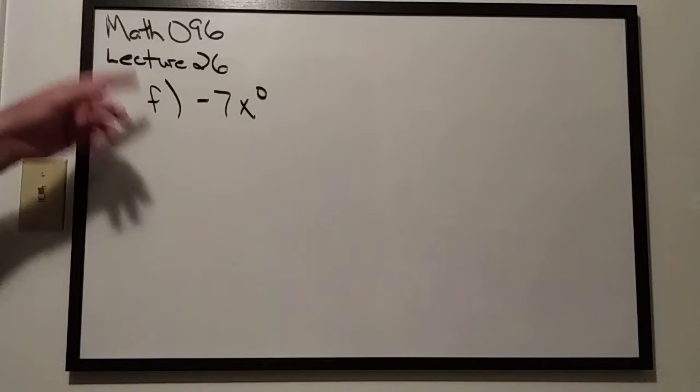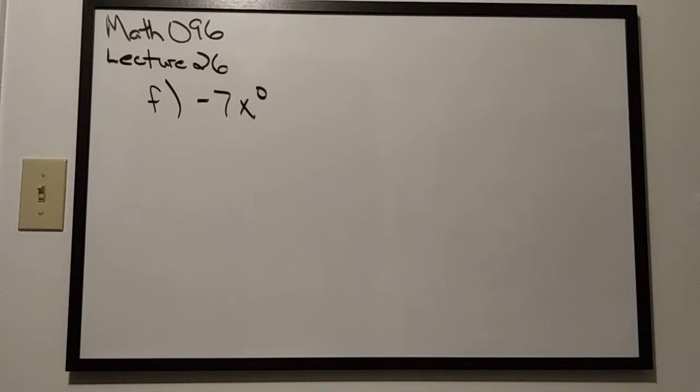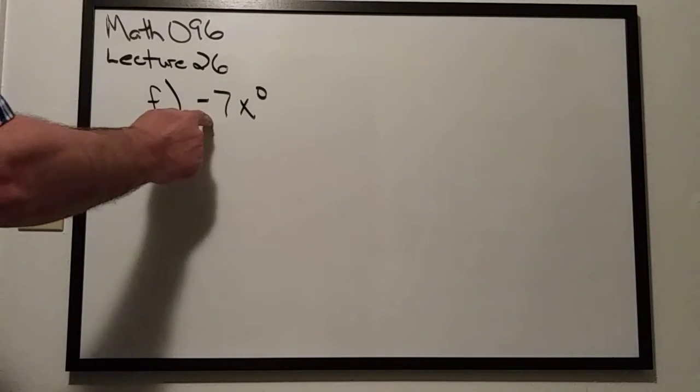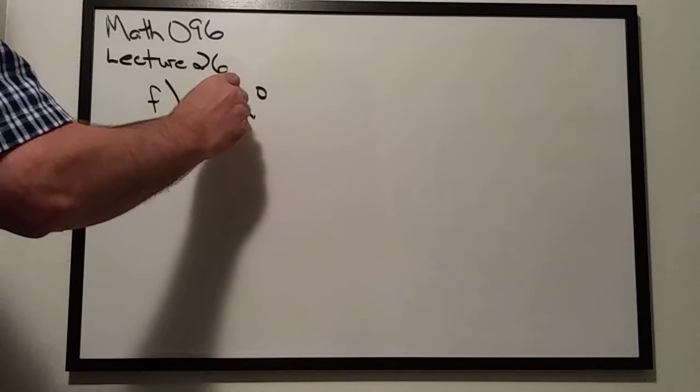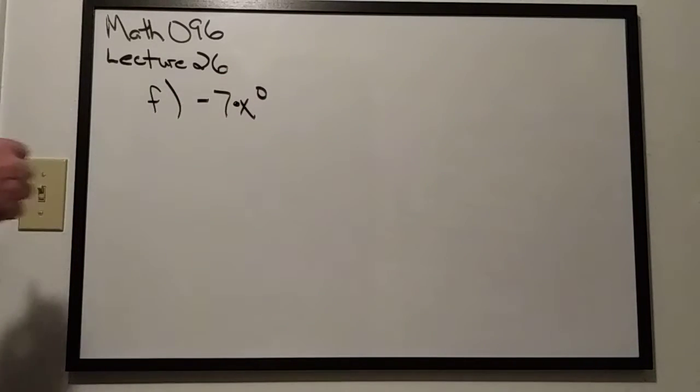Left then, we have negative 7x to the 0. There are a lot of things that you have to look at and think about when you start this problem. The first thing to notice is that the negative 7 and the x to the 0 are connected by multiplication. So I'm going to go ahead and put a multiplication dot between those just to make that comment. And now that I know that those two pieces are connected by multiplication, I have to then also realize that